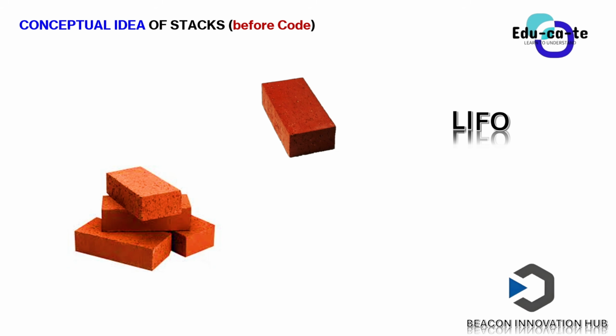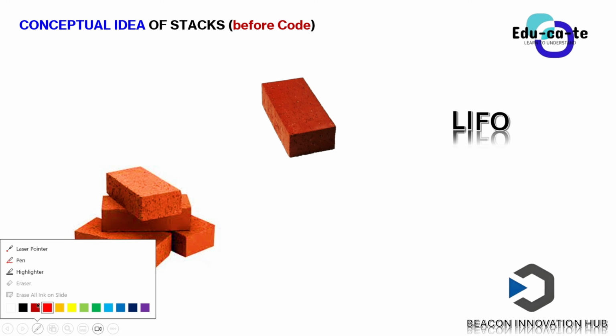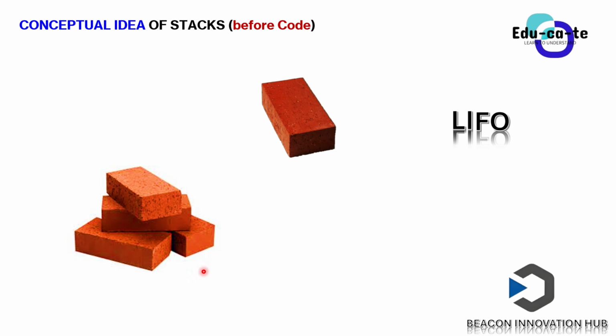Whenever we use the English word stack, it simply means that we are stacking items on top of one another. For example, if you can just see here, we have got a stack of bricks. So this is a stack of bricks because these are bricks that are piled on top of one another. I mean, look at two bricks at the bottom. You've got one brick in the medium and you've got one brick at the top. So this is a stack of bricks.